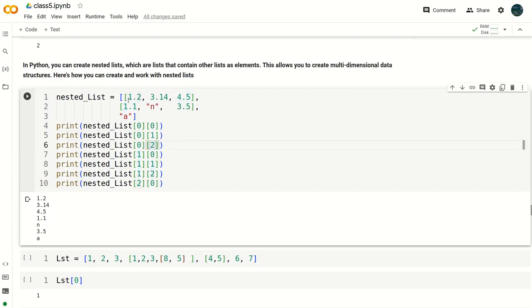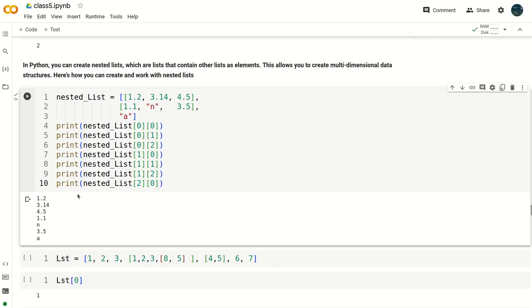And now within the outer list, there is a second item, that means the first item rather, sorry, this is the first item, and that is denoted as 1, and within that this is a 0th item, that is 0, and this is the second item, that means 1, basically 1 index less, and this is the third item, that means 2, and this is the last item, because the first item is 0th, then 1, and the second item has only one element, 0. If we print this, if we run this,